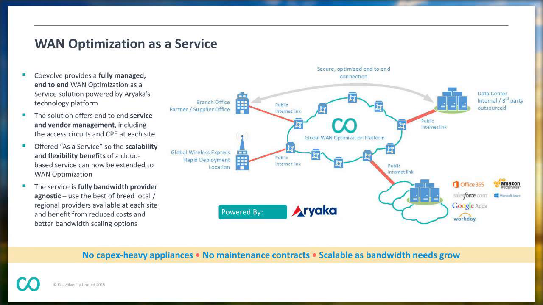So the biggest benefits here: we provide this as an end-to-end service. So we include the monitoring and management of the edge ISP connections. It's a bring your own bandwidth solution, but we will act as a single entity to monitor and manage that environment across the whole end-to-end network solution. So we become the group that's responsible for identifying faults and events and anomalies within that telco environment, as well as across the WAN optimization piece.